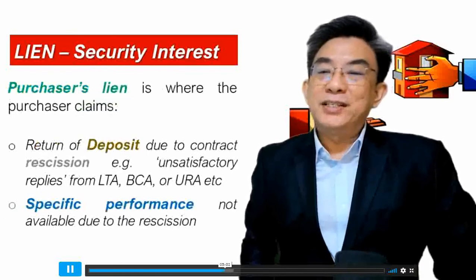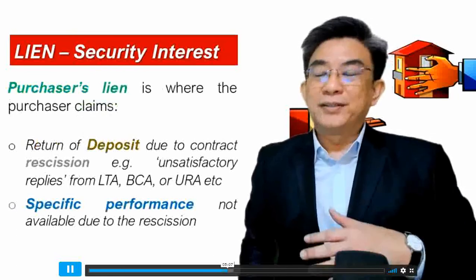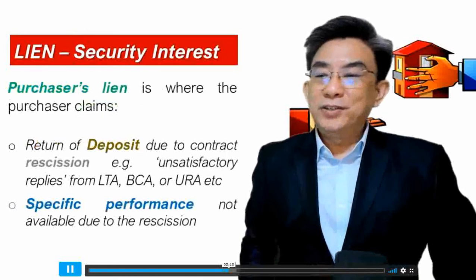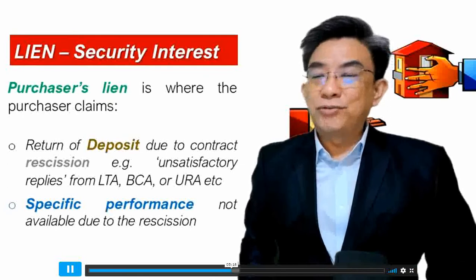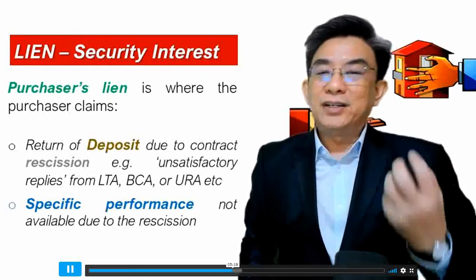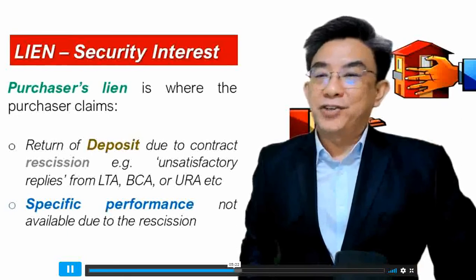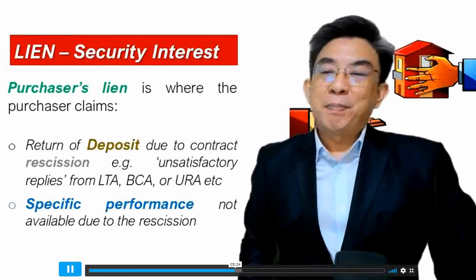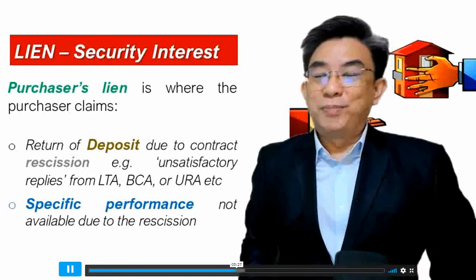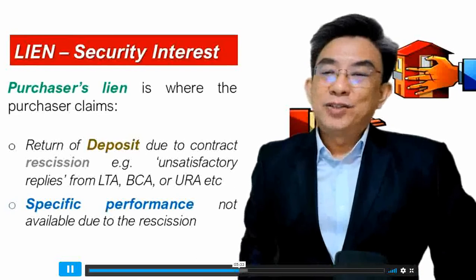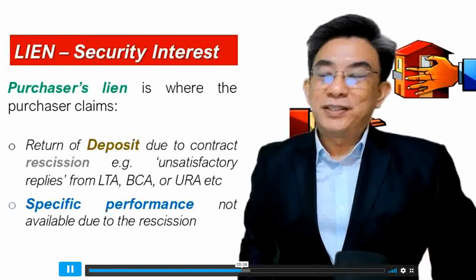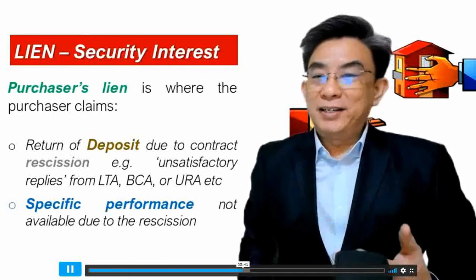Purchaser's lien will be when the buyer claims the return of the deposit. Those in my class will remember I have quoted two different stories, where the deal cannot go through, or because of an unsatisfactory reply from LTA. So far, the two examples are all because of road line interpretation, because LTA needs the land. Then the deal cannot go through, and the seller refused to return the deposit. So the buyer, in the later case,